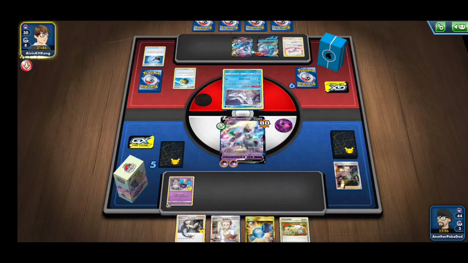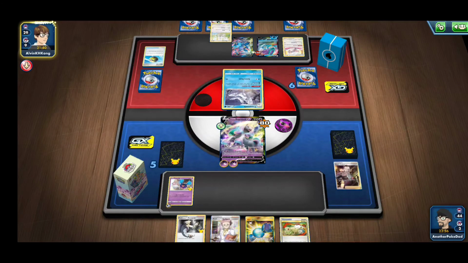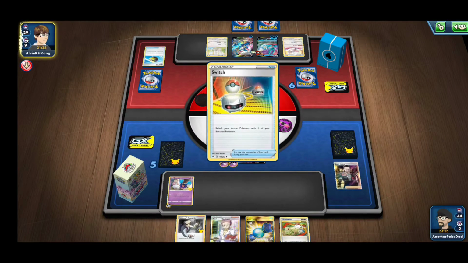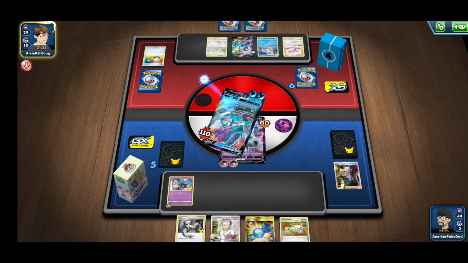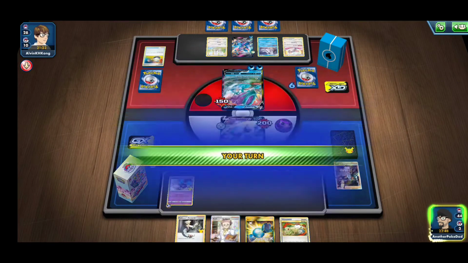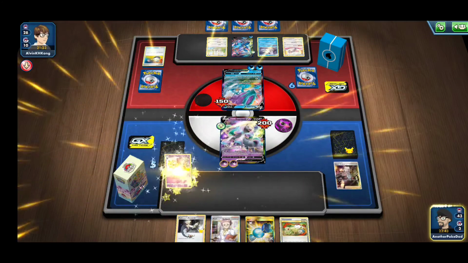Hopefully they don't have a big hand, so maybe they don't have the Air Balloon or Switch, and we'll get lucky and I'll be able to just get my attack off. But they have the Switch, so I don't think they quite have enough for the knockout yet. So that's the plus of me having just barely. Oh, and top deck of Cosmoem. So that's okay. So now I can give up the rare candy